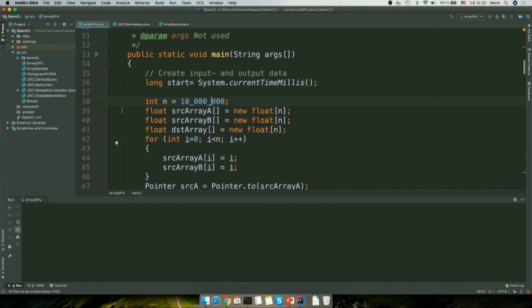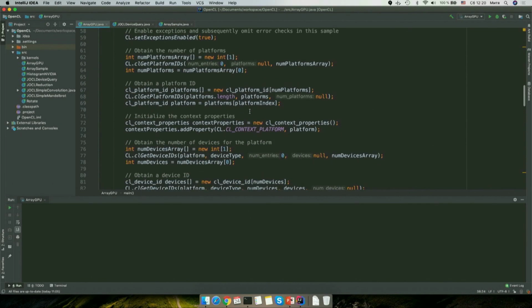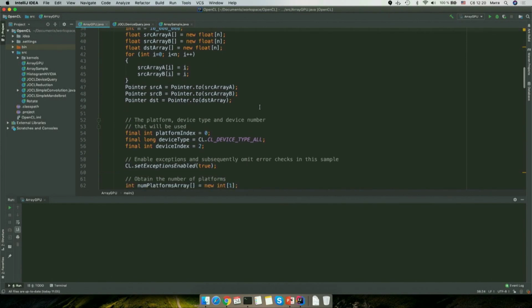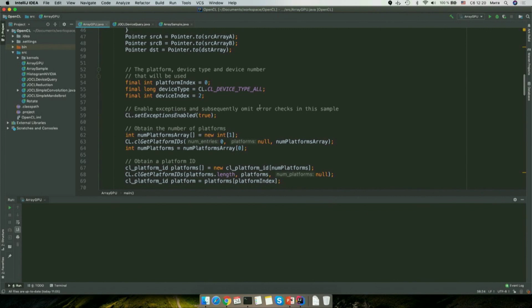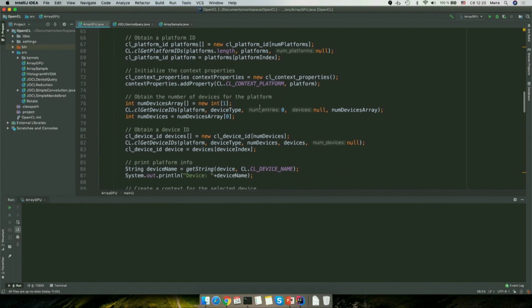I also won't go too much into details, but the pure OpenCL way means we have to define the arrays, make pointers to these arrays, see our devices, find the platforms, as it may run on multiple platforms. We may have, for example, 10 or 20 video cards in our machine, and we want to use them.